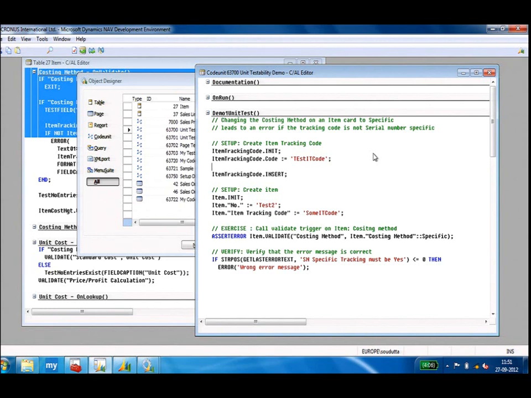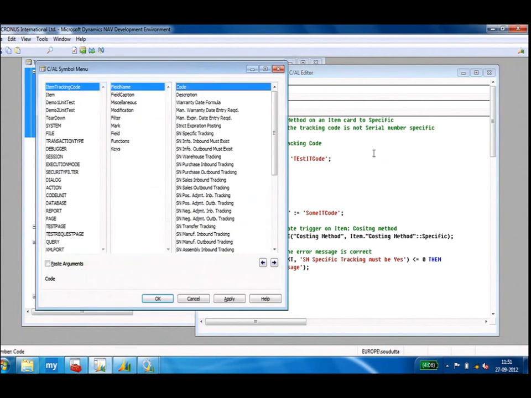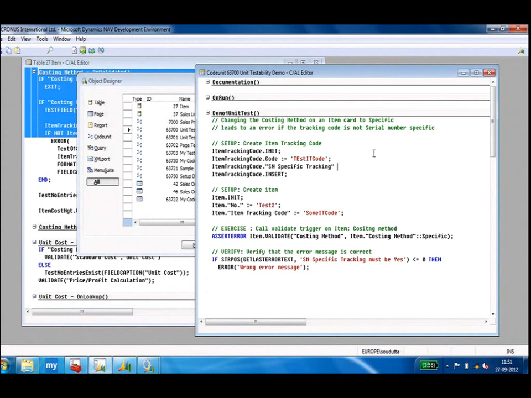tracking was false. So in order to make that clear, we can actually go to the symbol menu and say that field is false. You might argue that this is unnecessary because always the Boolean fields are defaulted to false. However, writing the statement here makes the intention of the test very clear. If we save this